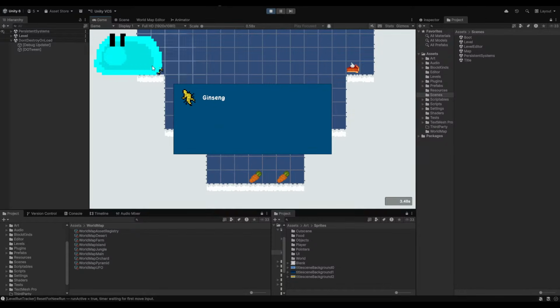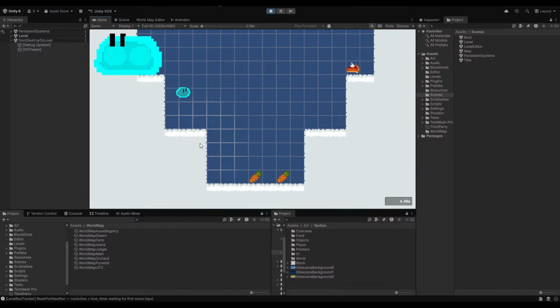Here's the ginseng. There's one thing I don't like: the inventory literally overlaps the player. So I might add a mask around the player to make it faint behind the inventory or something. But this might just have to be a level design change, so I might have to move the camera a bit to the right, so I don't even have to worry about this in the first place. But that is one thing. And you can see the inventory HUD does change properly. Yeah, there we go, the second level.